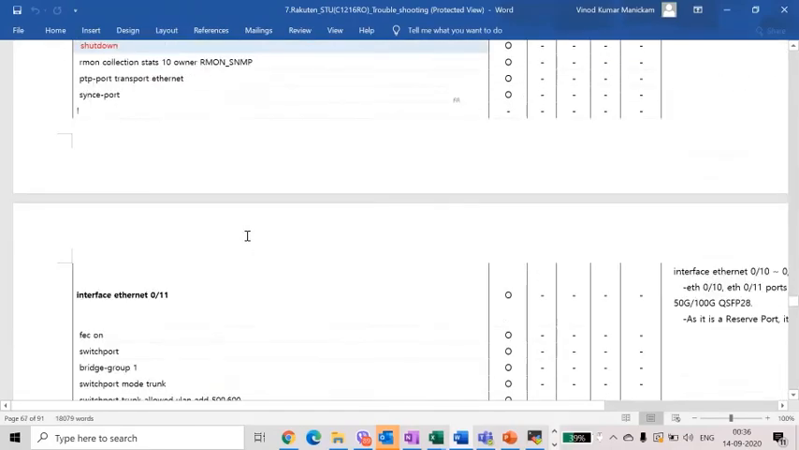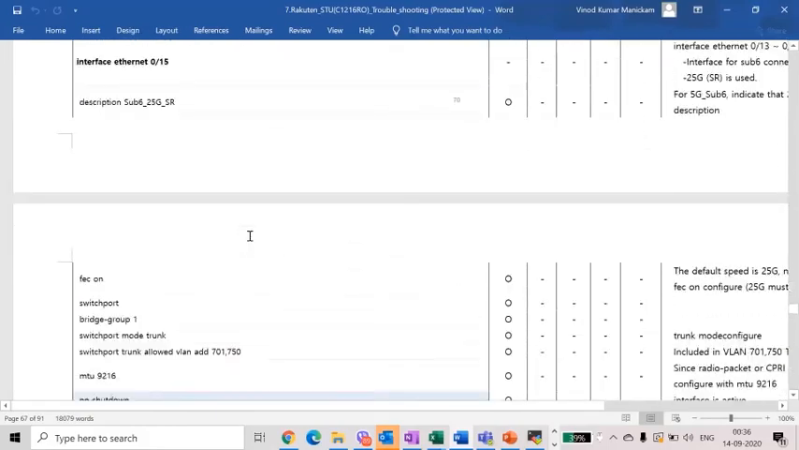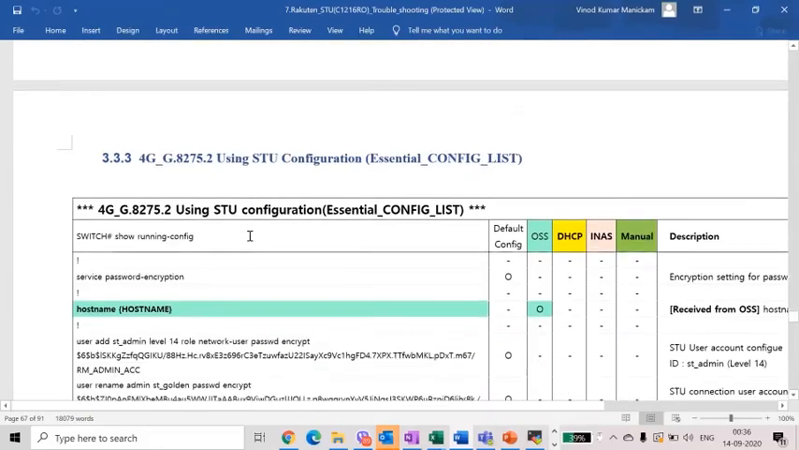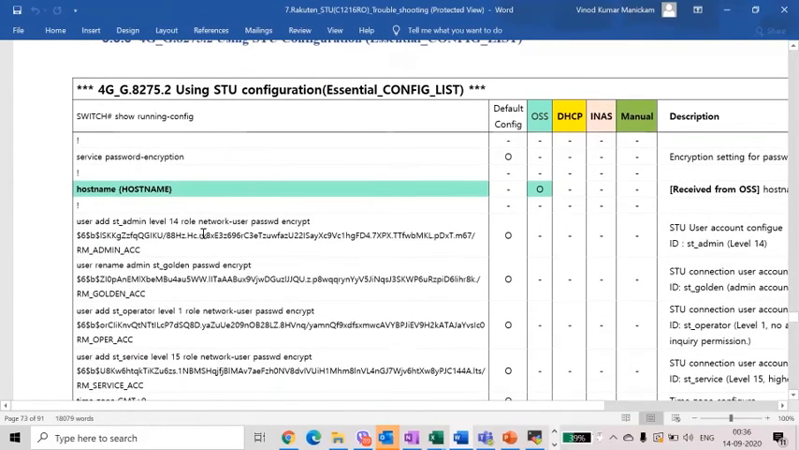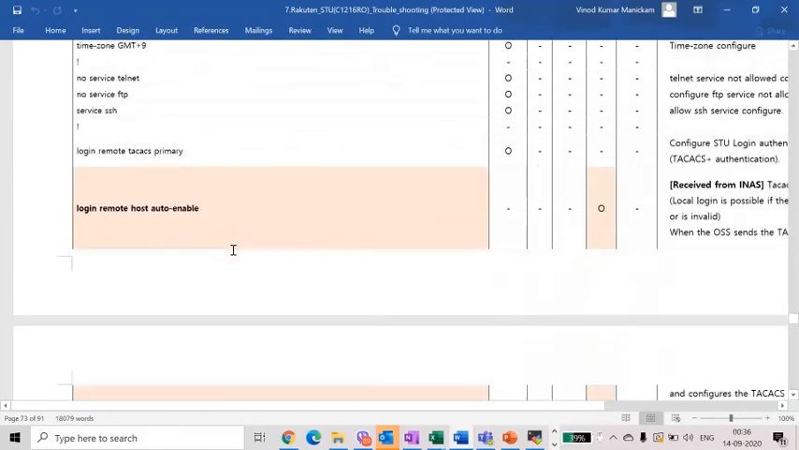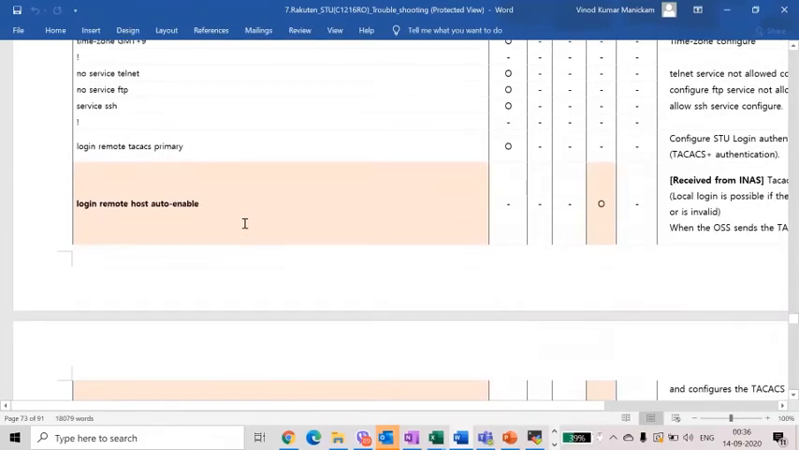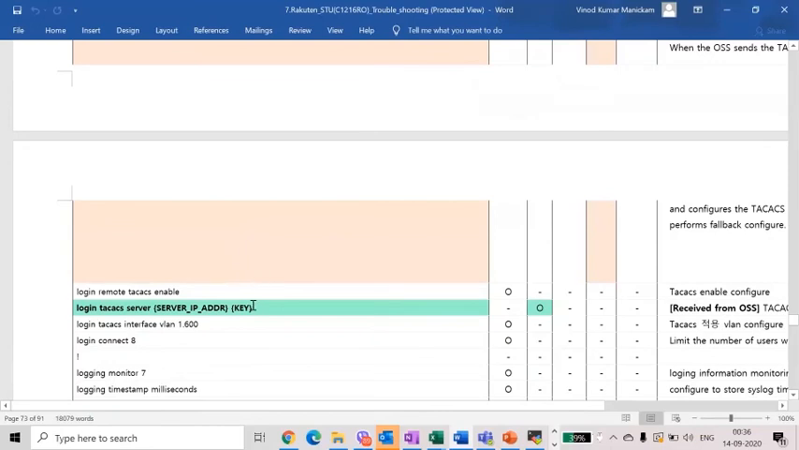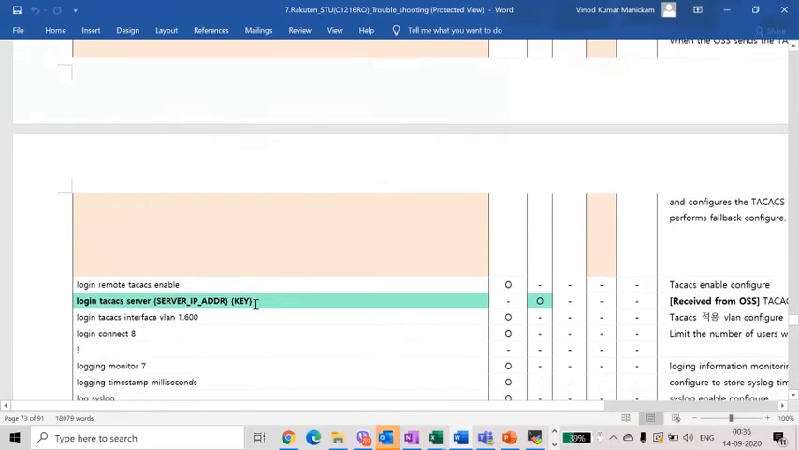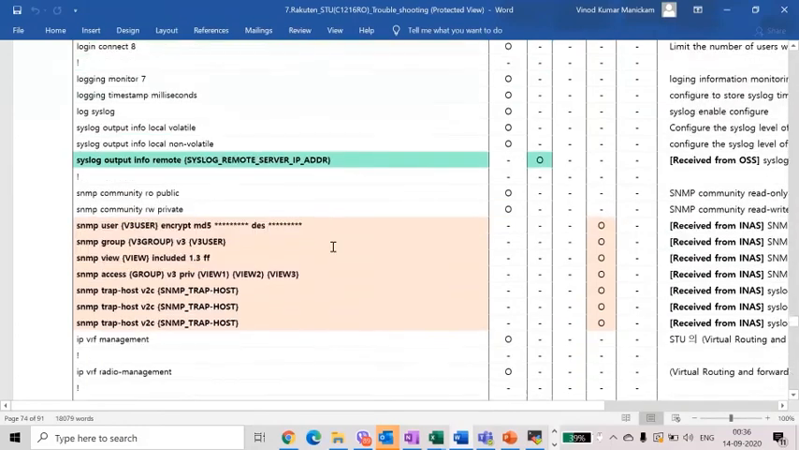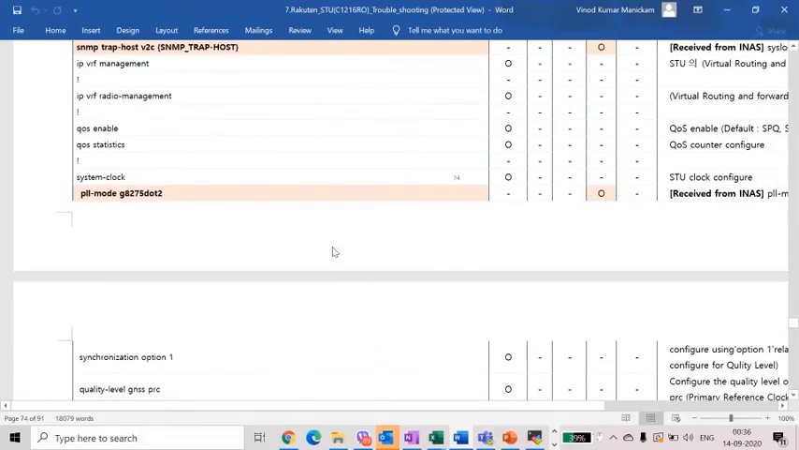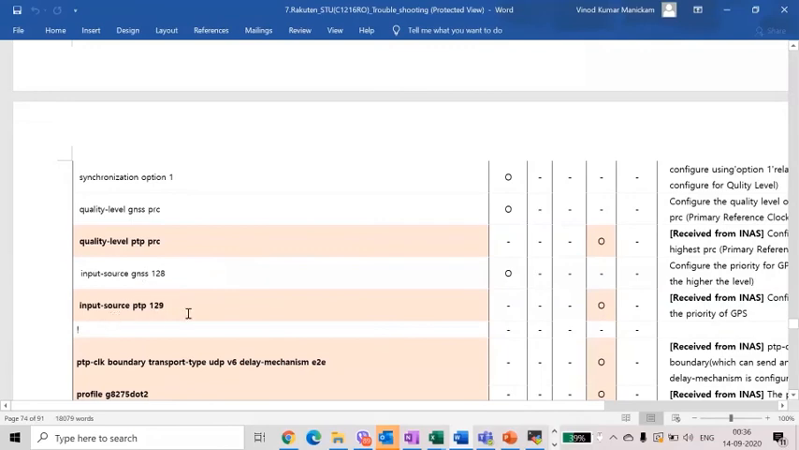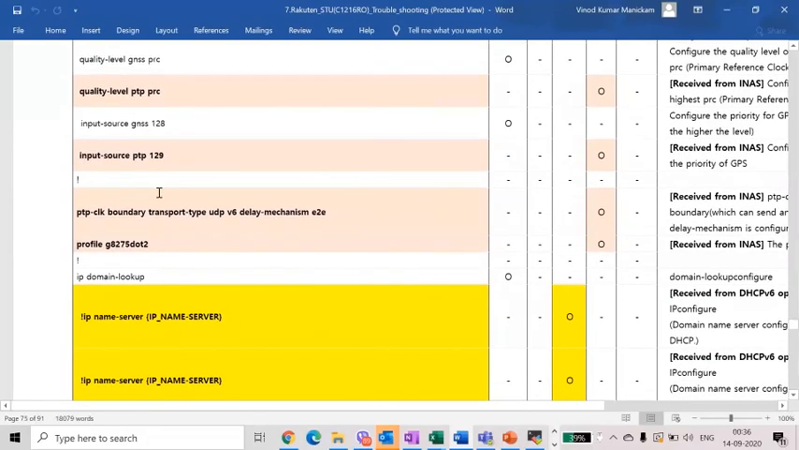So the host name is received from the OSS, and this command is received from the INAS, and TechAx is received from the OSS. System output remote is received from the OSS, and SNMP server is received from INAS, and the mode is received from the INAS. Quality PTP is received from INAS. Input source of the PTP is received from INAS. So these are the values received from the INAS, and the name server from the DHCP6 option, and the VLAN database,